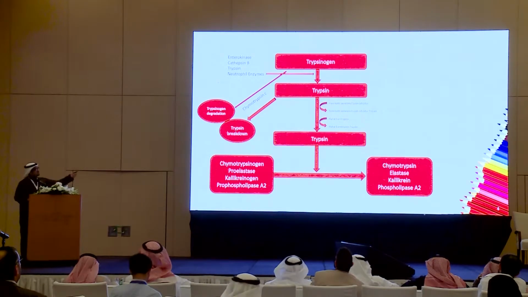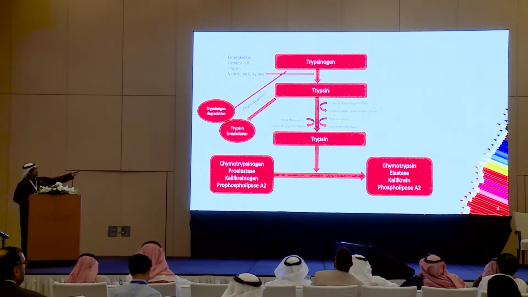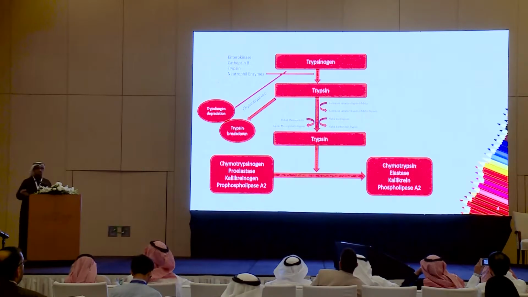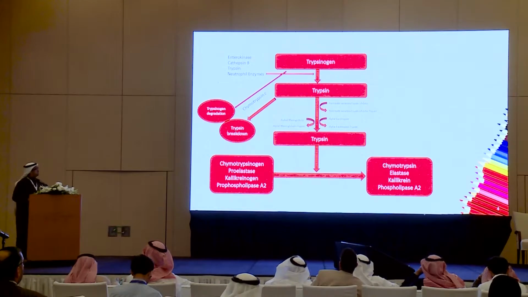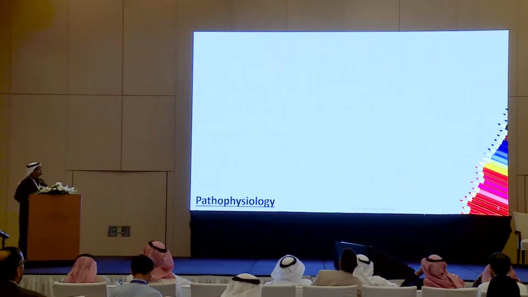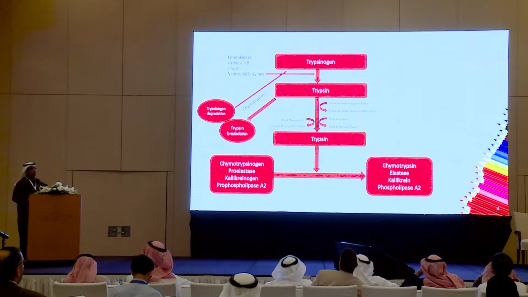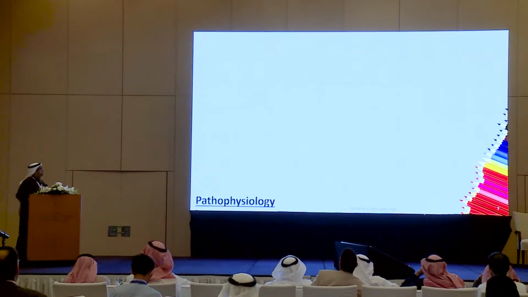If this enzyme, trypsin, reaches the blood, again in the blood you will find two proteins, alpha-1 antitrypsin and alpha-2 macroglobulin, that will bind the trypsin, and there will be no harm from it being in the blood as well. So that's the usual, the normal. So what happens? Before we go back to that slide,